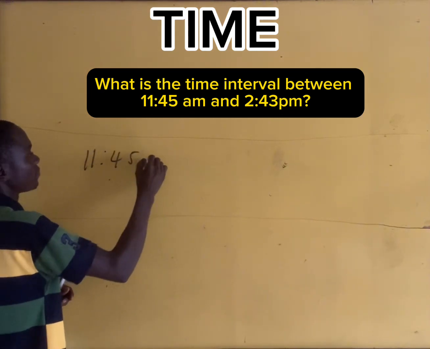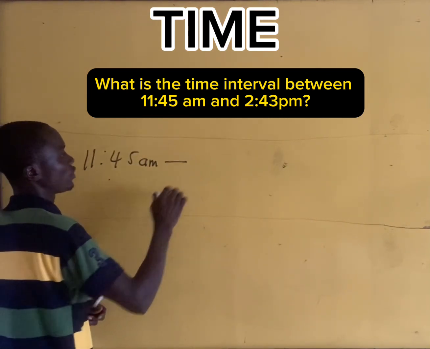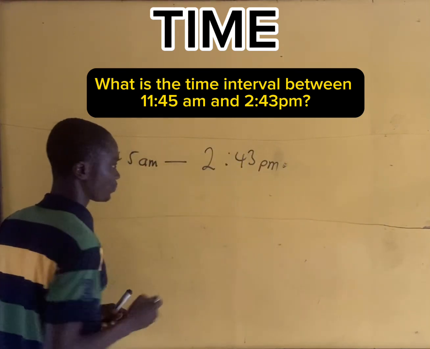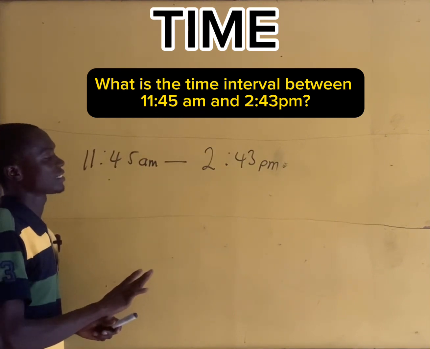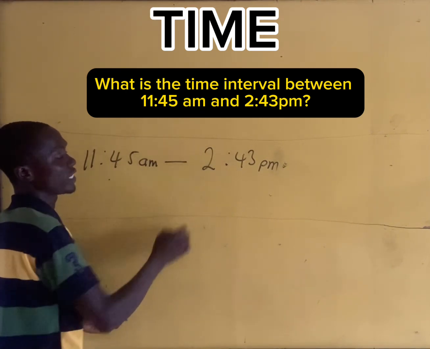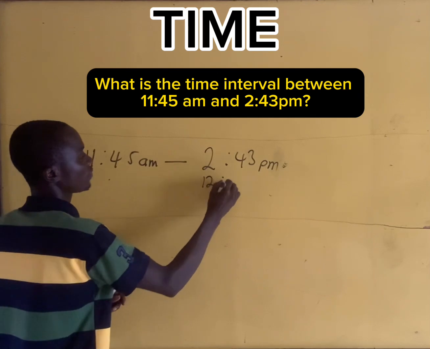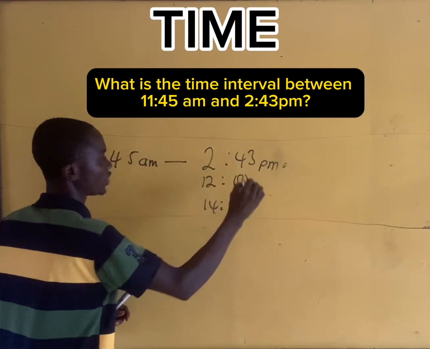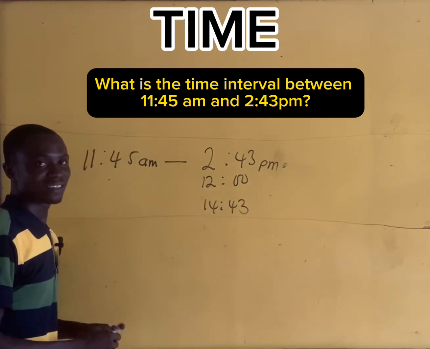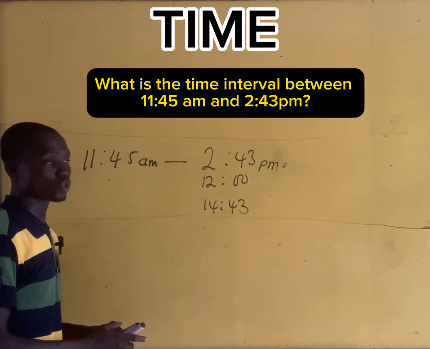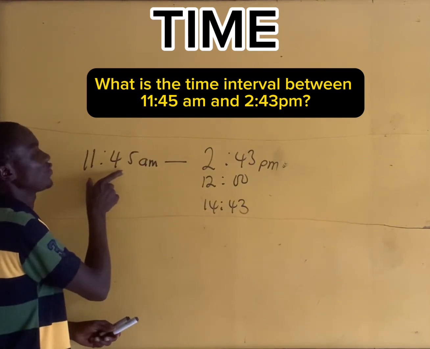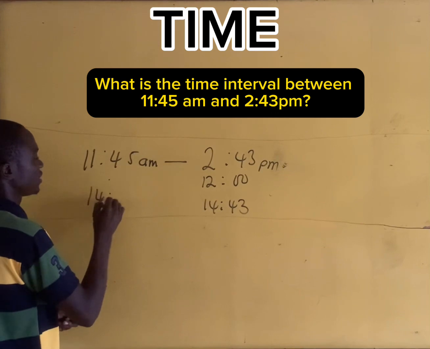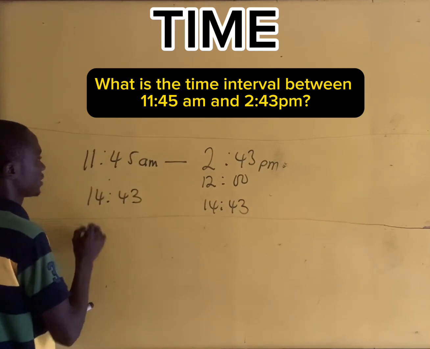So we have 11:45 a.m. So we need a time interval between this and 2:43 p.m. If it happens like this, just add 12 hours to this. So that is 12:00. So this one will become 14:43, in a very simple way. So we can now subtract 11:45 from 14:43. So we take 14:43 minus